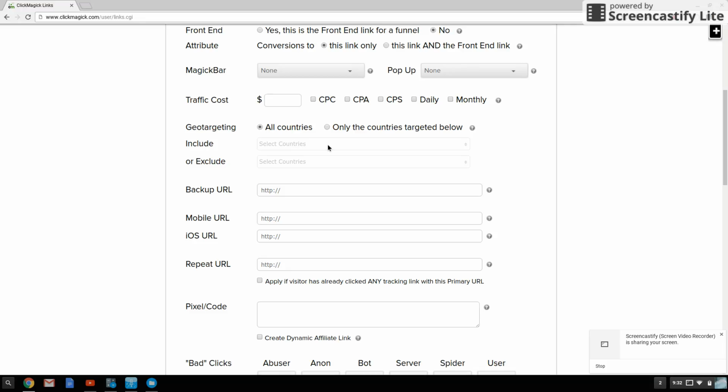You can break it all down here. That way, you're not wasting any clicks. You're not sending a viewer who can't speak or understand English to an English offer. So this is just making it 100%